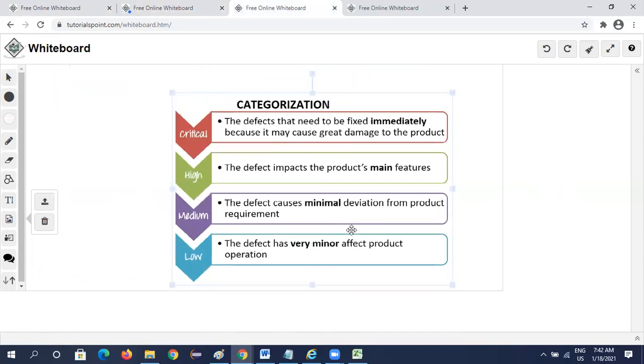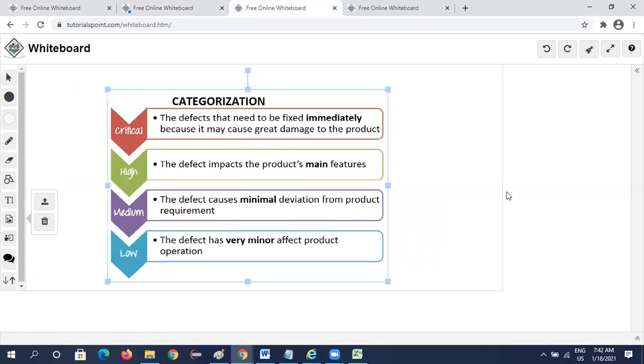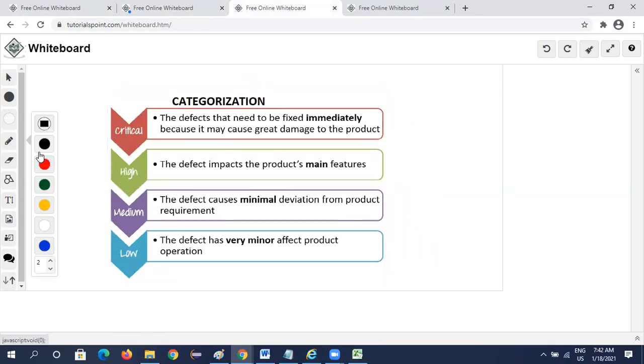Categorize here in the sense, see, does the defect need to be fixed immediately, because it may cause great damage or the effect is impacting some main features. That is high priority, which is high, whereas in medium there is only a very minimal deviation from the requirement, so very immediate attention is not required.